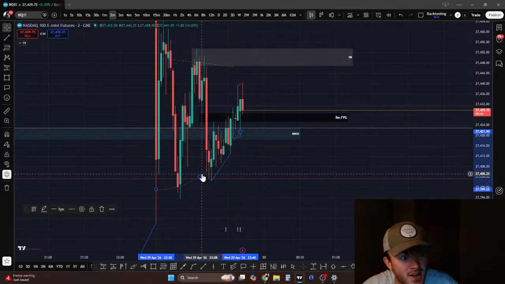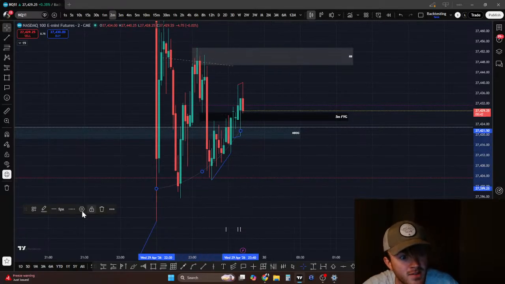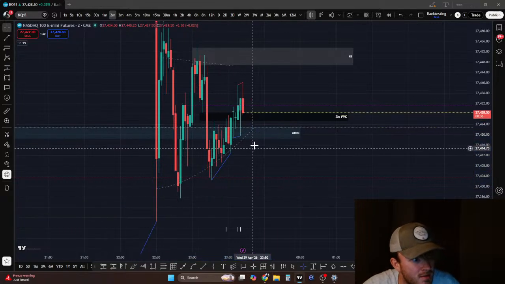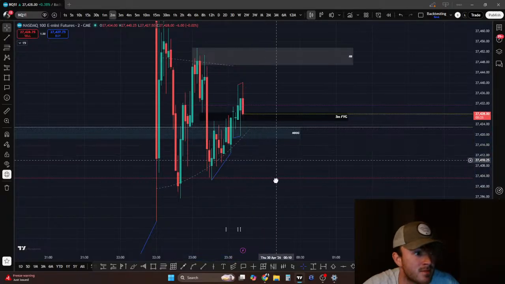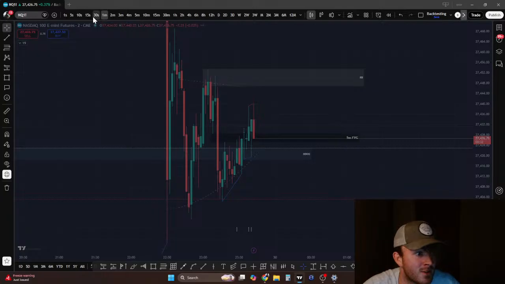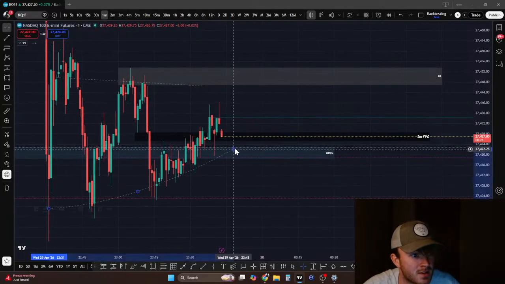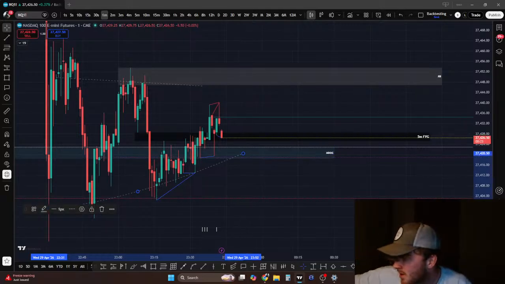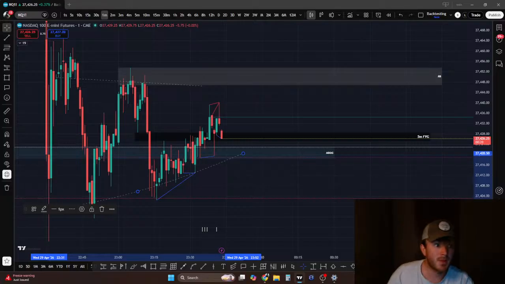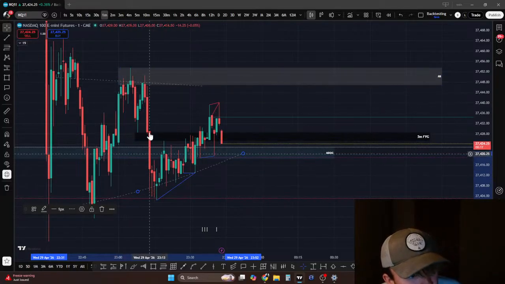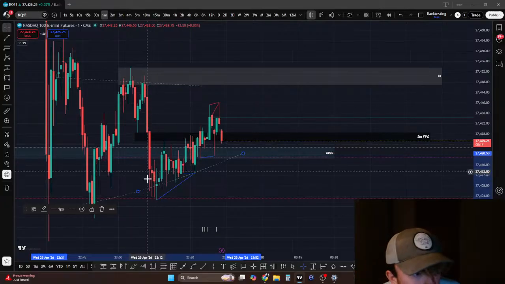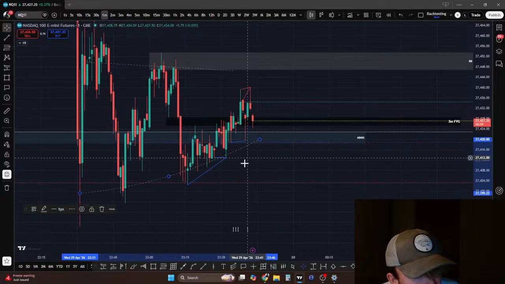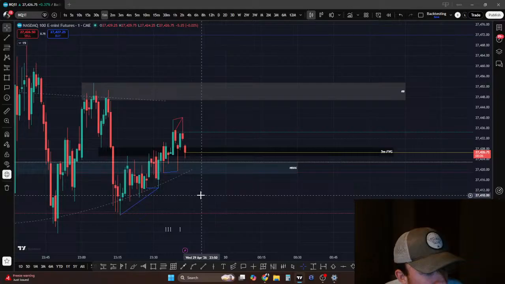You know what? I kind of agree with Javier. I kind of want to try a long, even though I do feel like, in general, it should maybe go lower. I do want to try a long a little bit because we just got a 43 market seller. We had high delta candles all through here, so we have basically orders getting filled for longs. And this high resistance type thing is pretty normal for Asia.